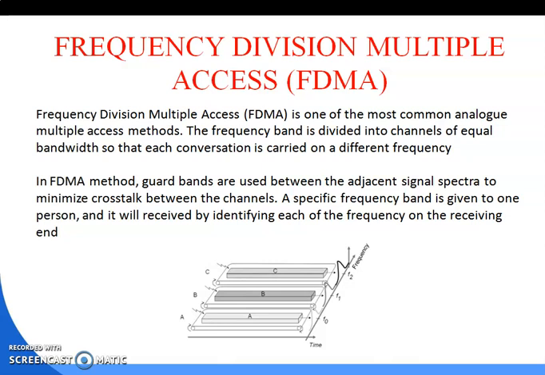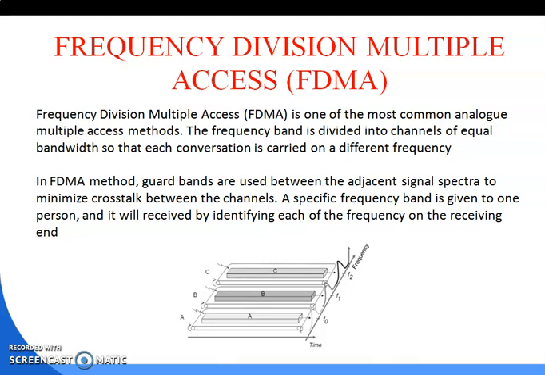Frequency division multiple access is one of the most common analog multiple access methods. The frequency band is divided into channels of equal bandwidth so that each conversation is carried on a different frequency. In the FDMA method, guard bands are used between the adjacent signal spectra to minimize crosstalk between the channels, and